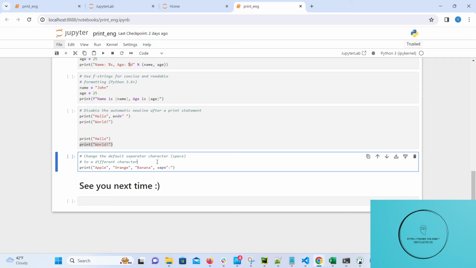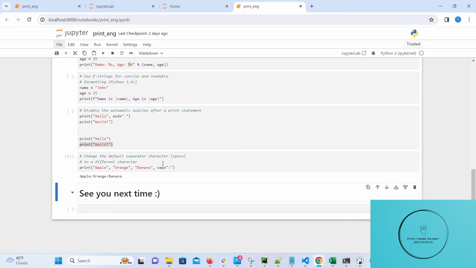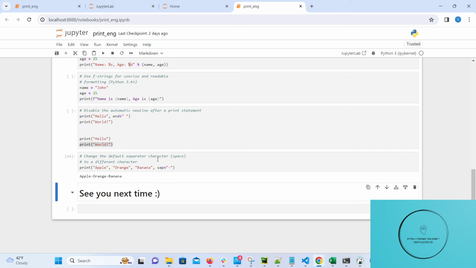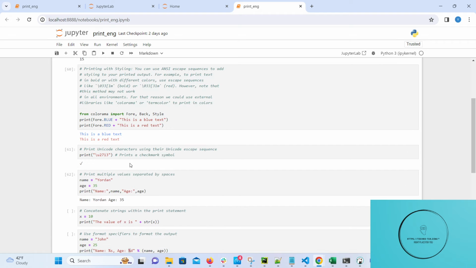Here in the last cell you can see how we could do that. We replace the space with the separator that we wish to use, to not use the default one. As you can see in the syntax, we write a bunch of values, and as the last parameter in our print, we write sep and set the value for the separator. If we change it to another separator, we will see this new separator here.